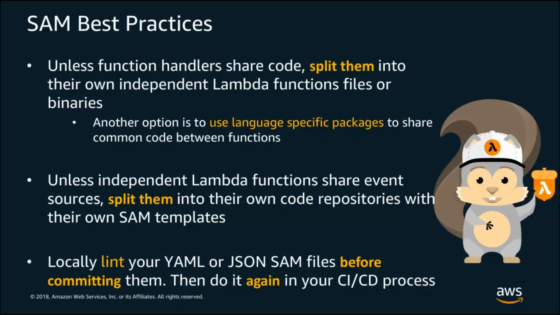Lastly, because these templates are based on YAML or JSON, you have the ability to validate or lint them before committing them. I showed very briefly here using the SAM validate tool. There's a number of other tools that exist out there that will validate just regular YAML or JSON. I actually encourage you to have a pattern of validating the template with one of those tools. So lint your template, then validate your template with SAM, and then be comfortable committing it and putting it towards your build process. And in your build process, you always want to make sure that you're doing these steps as well, and that prevents you from sending any bad templates to the CloudFormation service, which would potentially slow down your test, dev, and debug cycle.